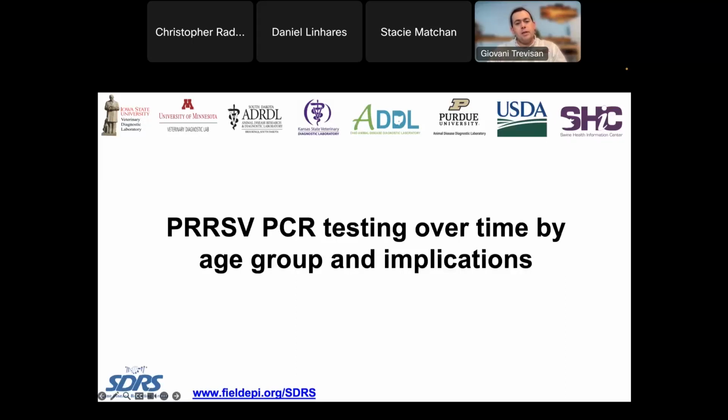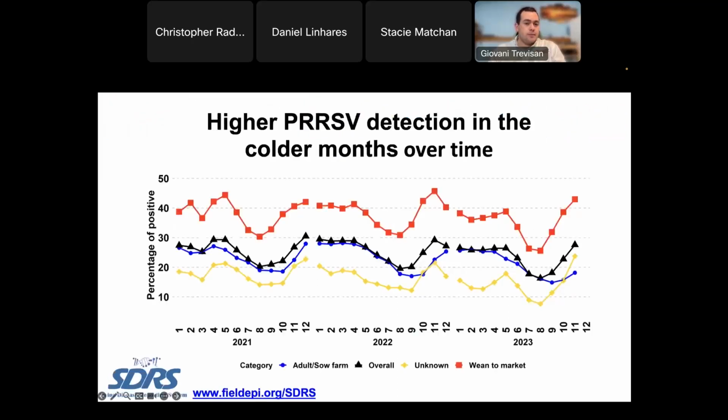And when you think about detection in the colder months, we're going to switch gears a little bit to look into the information about different age groups and the implication that it has for detection of PRRS virus. So this chart is organized by year and month, and shows the percentage of positive for different